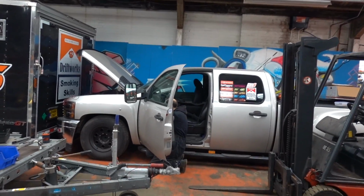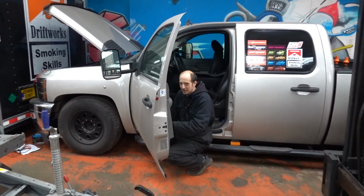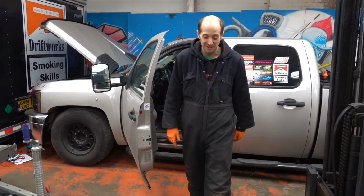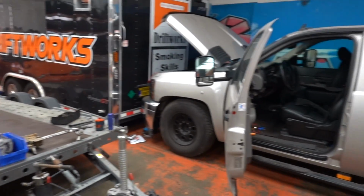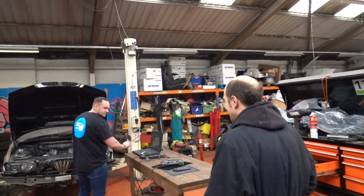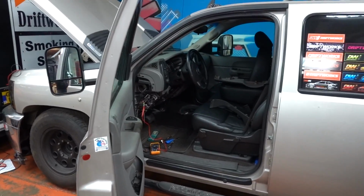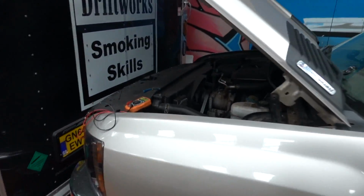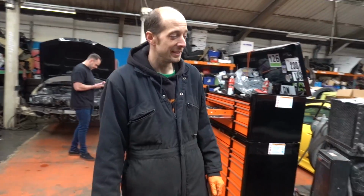Jay! Are we ready? You having fun there, mate? I think the relay was just wired up wrong. Ah, after all that. I was going to check it, but I'm pretty sure that's all it was. After about a year of having a battery drain that drains it in less than a day. Yeah, basically since we did the engine, the new crank in it, since we put a new crank in this, we've had this horrible battery drain problem, where every time we come to it, even though it's got 2 huge brand new batteries in it, you'd leave it for about 3 days, it'd go flat, wouldn't it? I think yeah, it's just...